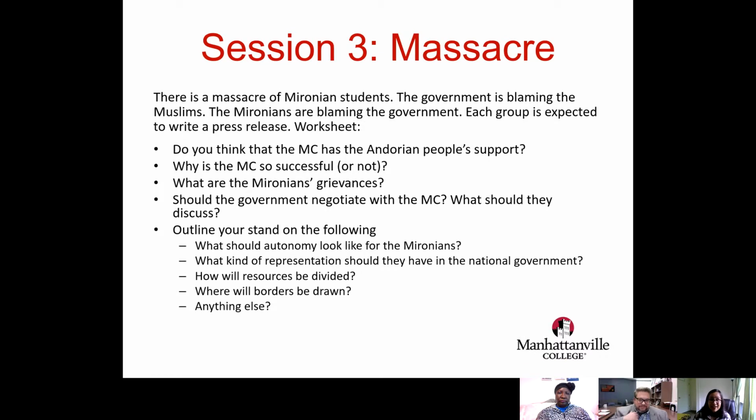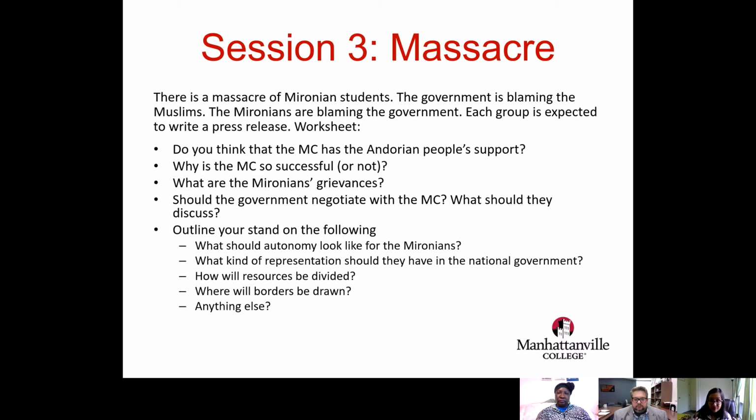So you have this event. There's a massacre of students. So basically, I go and kill off a bunch of Muslim minority students. The governments are saying these are terrorists from across the border because this happened at the border. The Myronians are blaming the government. And what happens is at this moment, this is when the minority, the Myronians, who are actually,